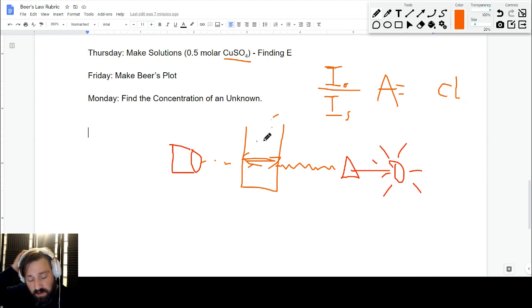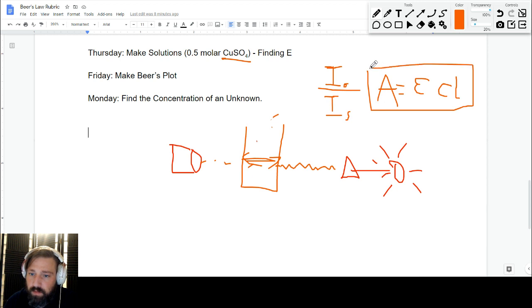There's one other thing that we have to take into account, and that is what the salt is itself. Every salt is going to absorb things a little differently, and that quality is going to be called epsilon, ε. And Beer was a guy that went through and studied this, and he came up with this right here. This is Beer's law: the absorbance, how much light actually passes through our sample,